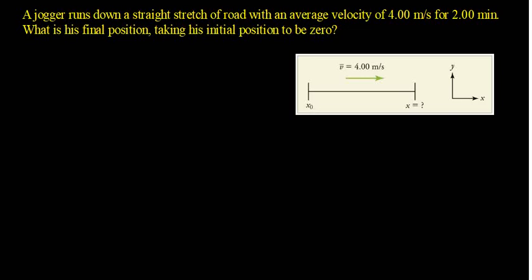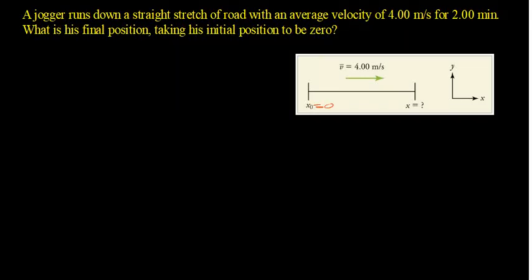We are looking to find the final position of this person, taking into consideration that the initial position is 0. So from the supported figure we have, I have the details of the initial position, which is 0. I have the velocity. This guy was running through the exercise, it's 4 meters per second. I have also been given that the time for the whole exercise was 2 minutes, and here is the final position